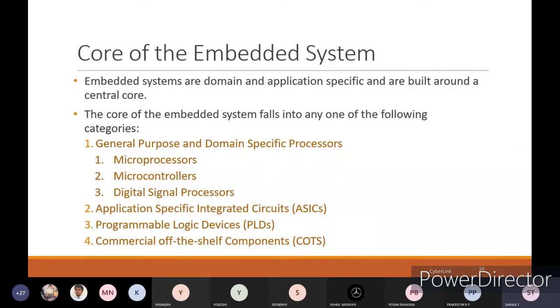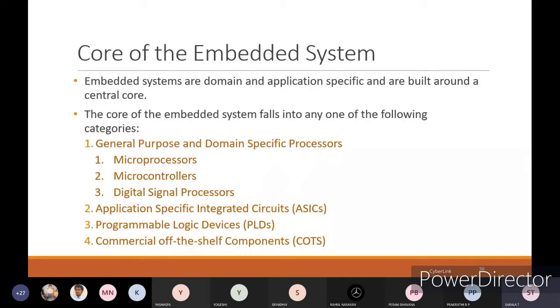General purpose and domain specific processors: you will be having microprocessor, microcontroller and digital signal processor. That is under general purpose and domain specific processors. Under this you have three parts. With respect to general applications, like what we have discussed as an example, the electronic toys and smaller application devices, for all those things you need a simpler core device or processor. That's why you will go with microprocessors, microcontrollers and digital signal processors. These are the three